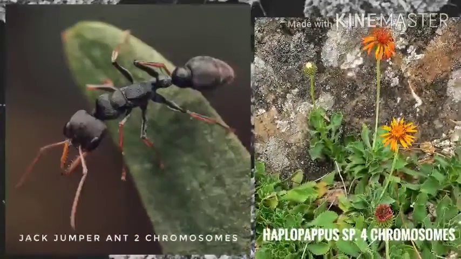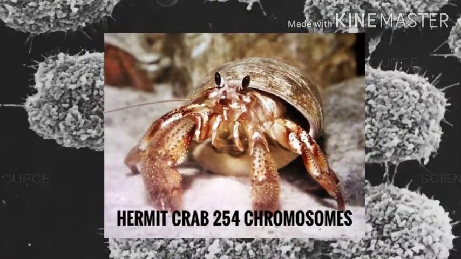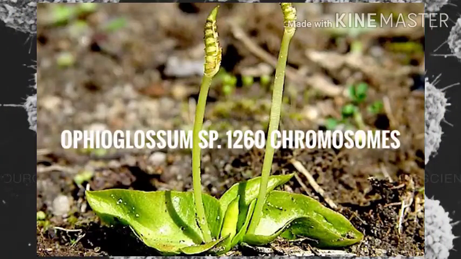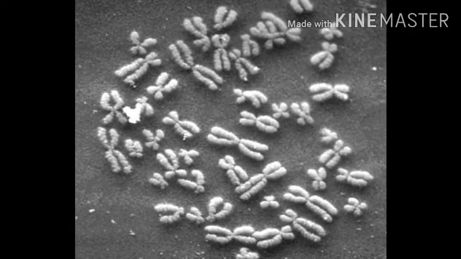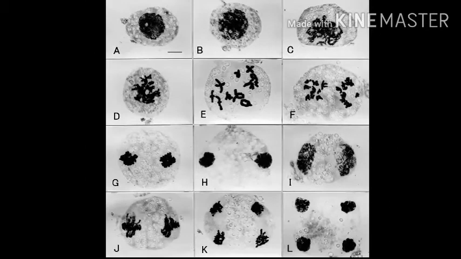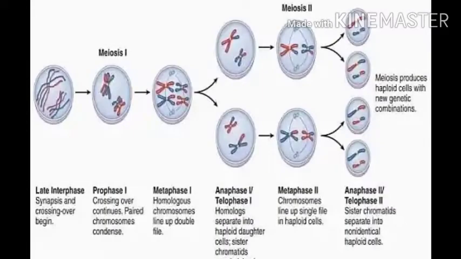Somewhere it can be as low as 2, while somewhere it can be as high as a staggering 1260. Wow, isn't it? A somatic cell or a normal body cell always contains two sets of chromosomes and hence is called diploid. Whereas during the formation of gametes, these get segregated into only half the number in each gamete, hence they are called haploid. For this to happen, the cell undergoes meiotic division. This topic will be dealt with in the next chapter.